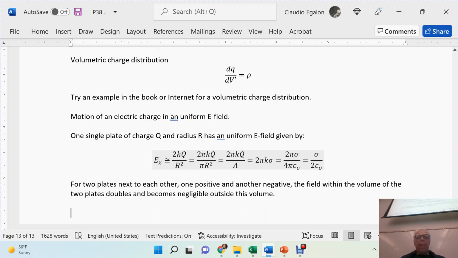Okay, so for two plates, the field within the volume is,